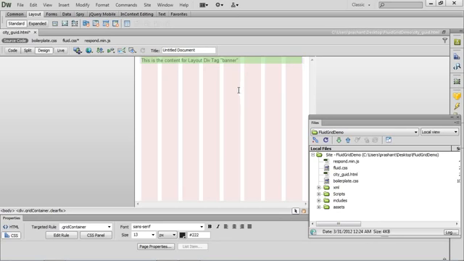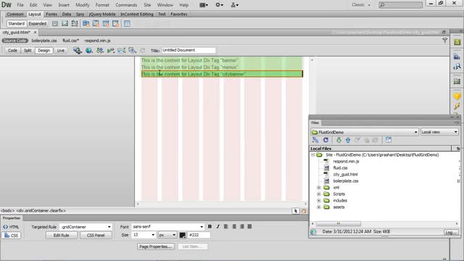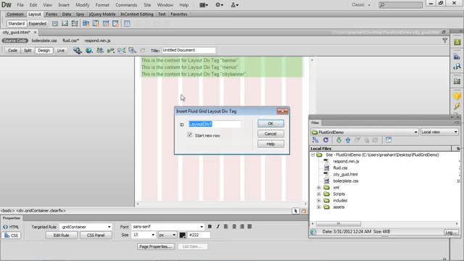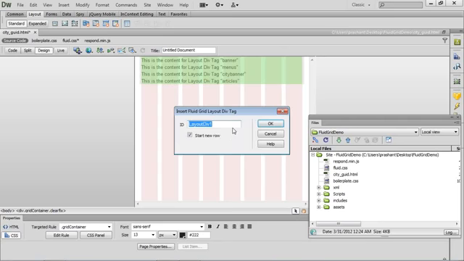Let's create the other divs in the same fashion. So I'm going to use this toolbar button here this time, and I'm going to name this as menus. I'm going to name this as city banner. I'm going to name this as articles and this as footer.